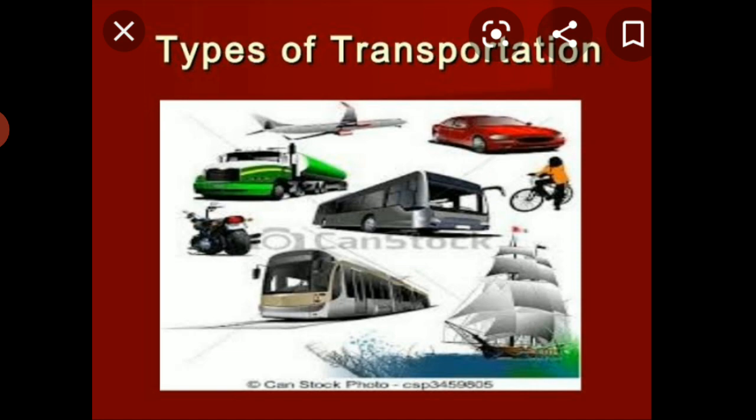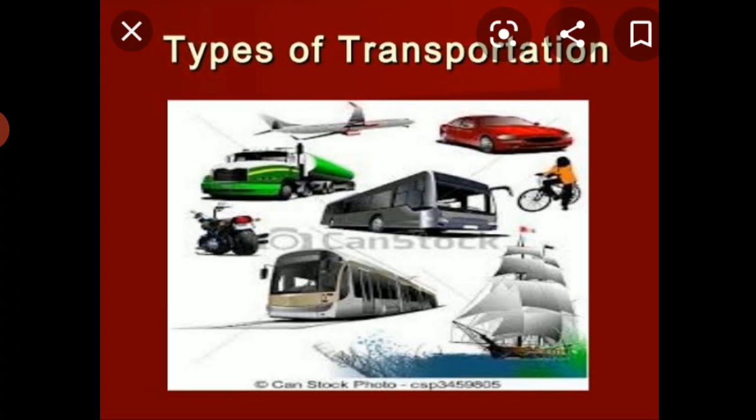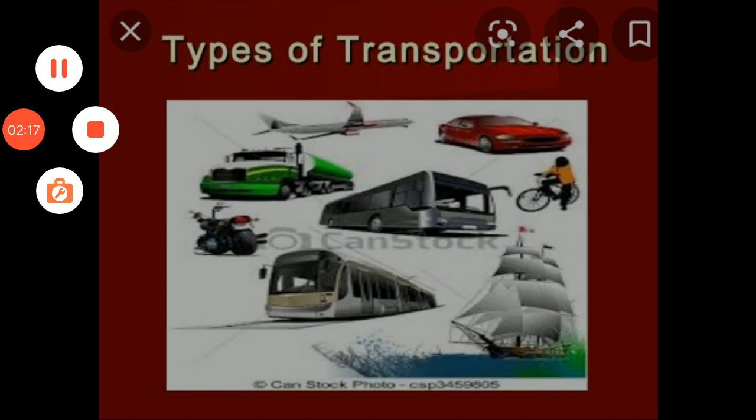So as we all know, there are three means of transportation: land, water and air transport. What is land transport? Any kind of vehicles which move on land, like cars, trucks, motorcycles, motorbikes, are called land transport. Those vehicles which move in water, either in the seas and oceans, like ships and boats, are called water transport. And while traveling in the air, we use the aeroplane, which is called air transport. Got it, students? So this is regarding transportation.